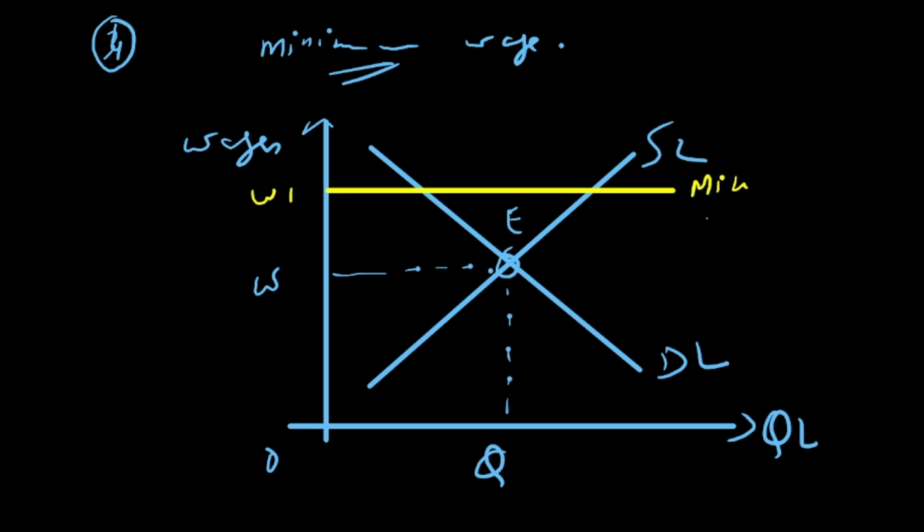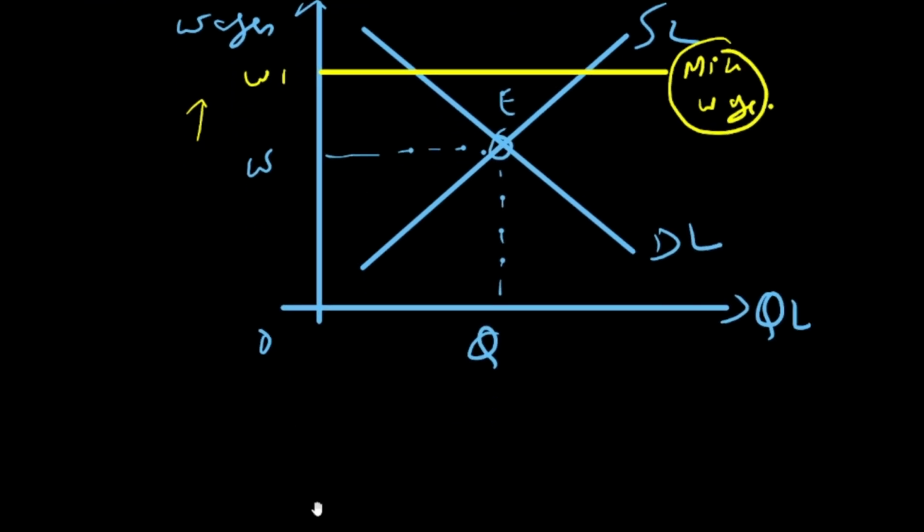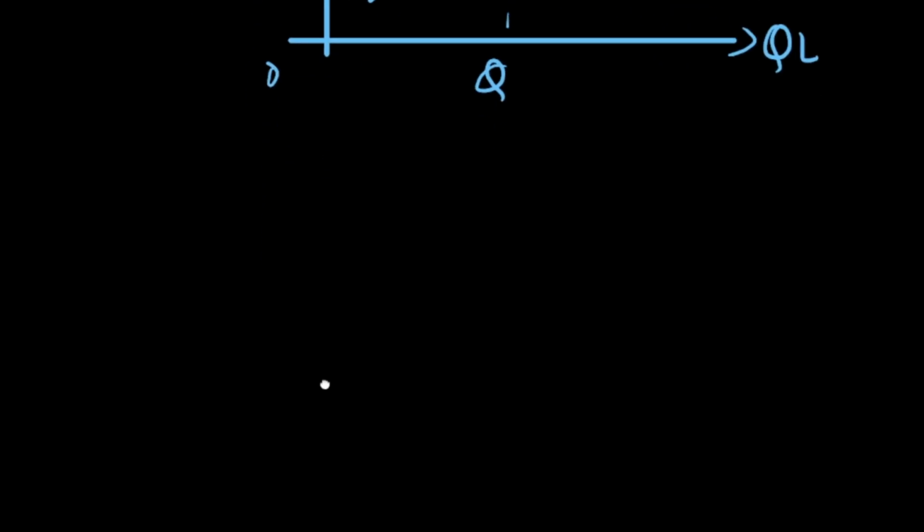Minimum wage is the wage rate set by the government above equilibrium. So doctors may be earning more because the government has set a minimum wage law for them. Such as during COVID-19, doctors were receiving much higher wages than any other profession, because at that time the focus was to save the lives of the people. So the government was offering very high wages to the doctors at that time.